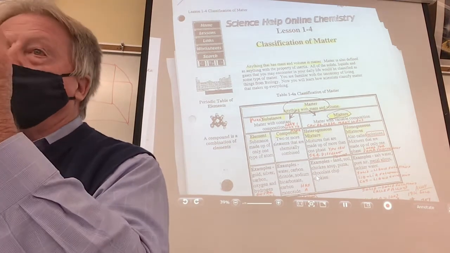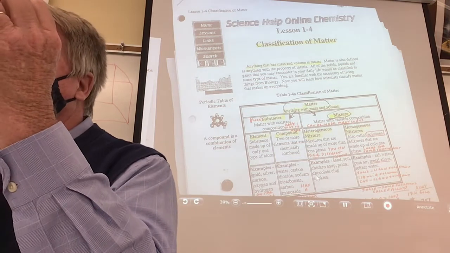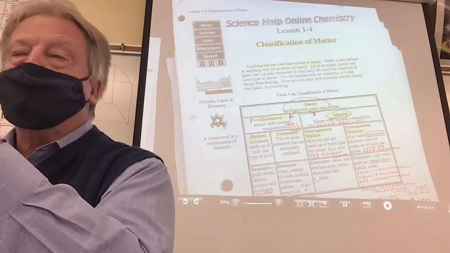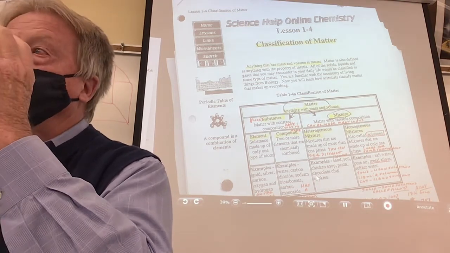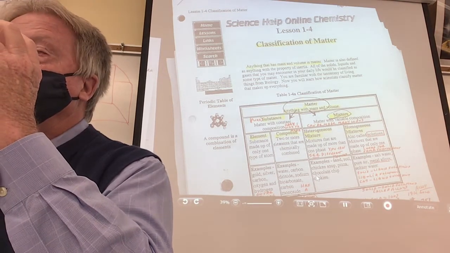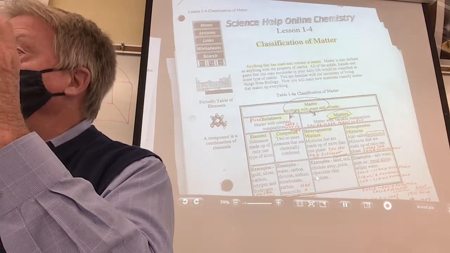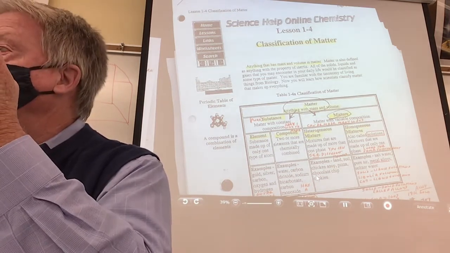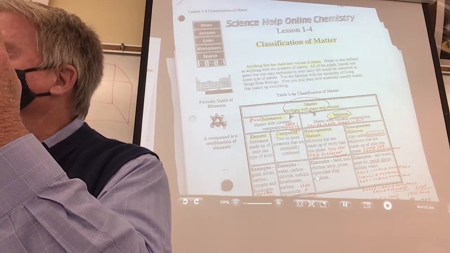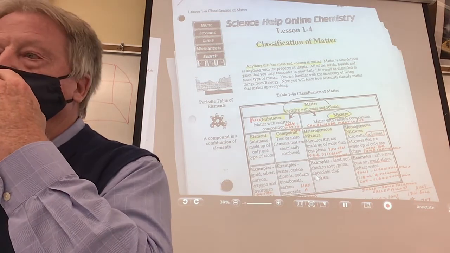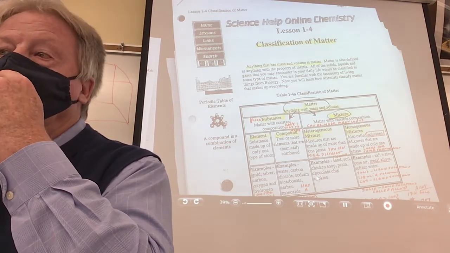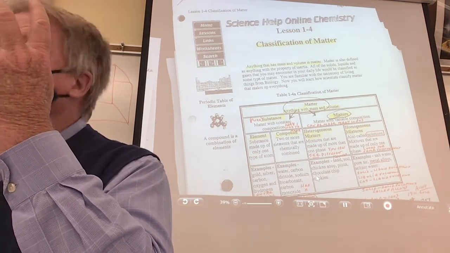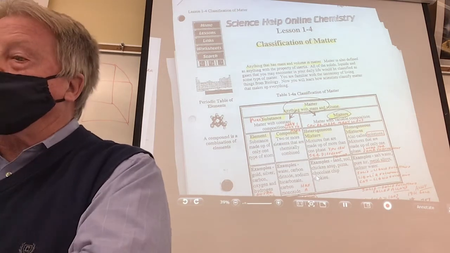All right? If I have a lump of gold, there's a billion atoms there, right? But each of those atoms is what kind of an atom? Gold atom. A gold atom. Everybody got that? Well, what about a compound? Chemically, 2 elements. 2 or more elements chemically combined. But they are chemically combined. That means a chemical bond, isn't it? Is my salad chemically bound together? No. How about salt water? It's a solution. Are they chemically bound to the water? No. See that? I think you're getting an idea of how this works now.